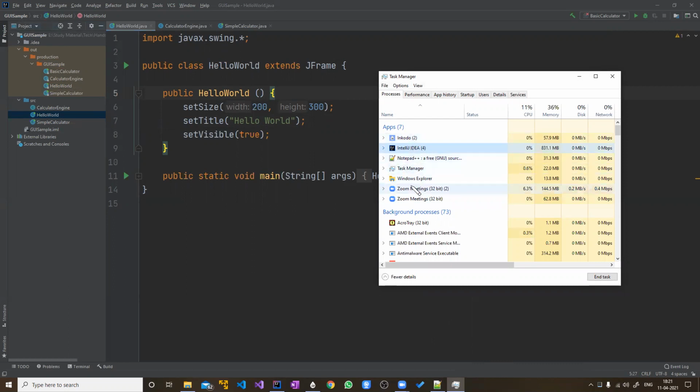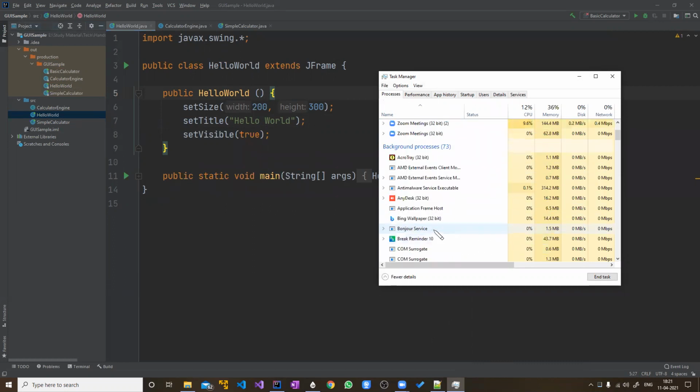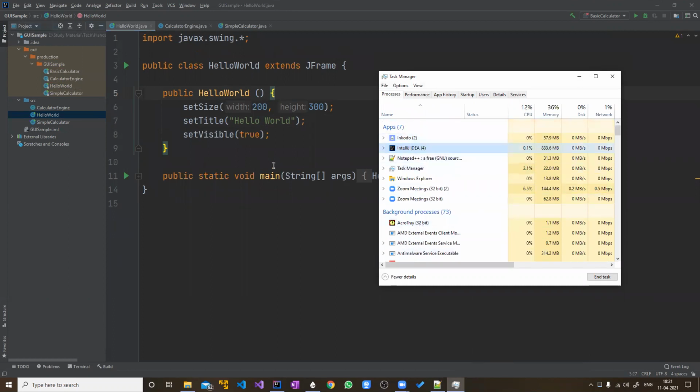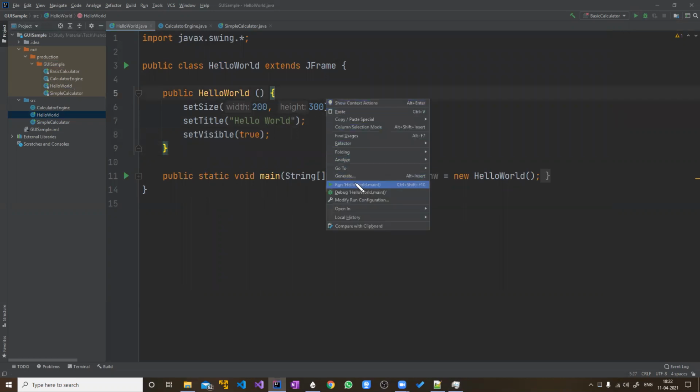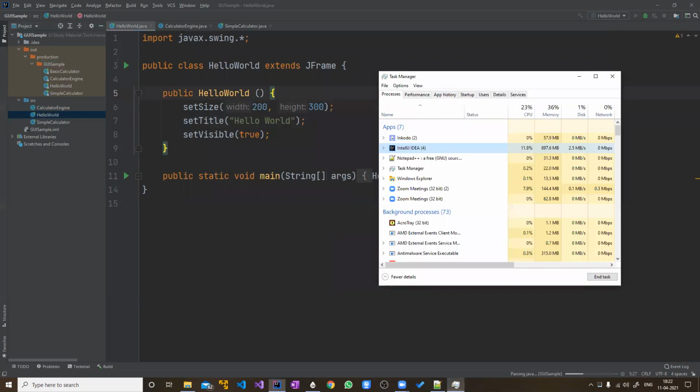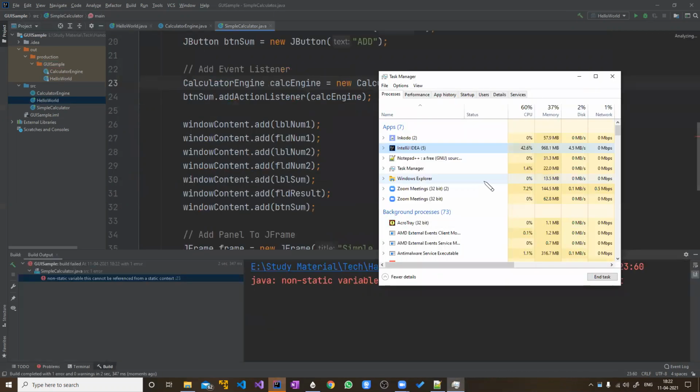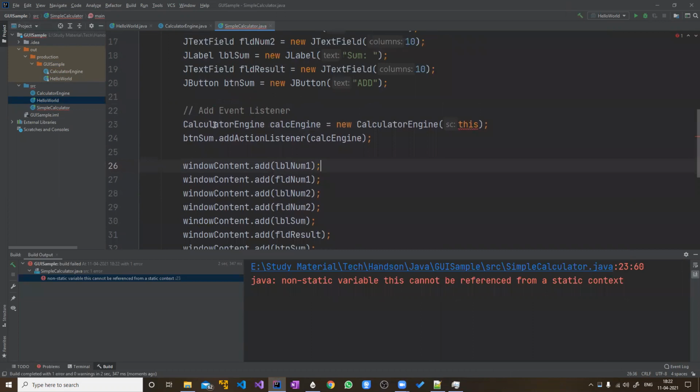These are different applications which are running, and there are some background processes as well. We'll focus on the applications themselves. And now I'll run this hello world.java. There is a problem. Okay, this problem is due to another file.